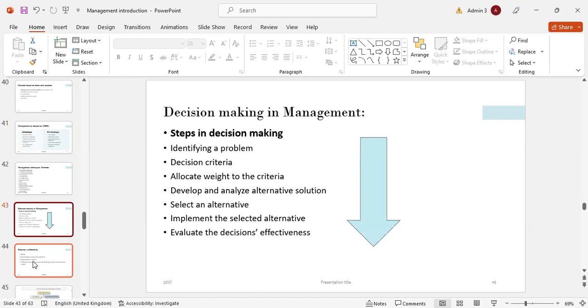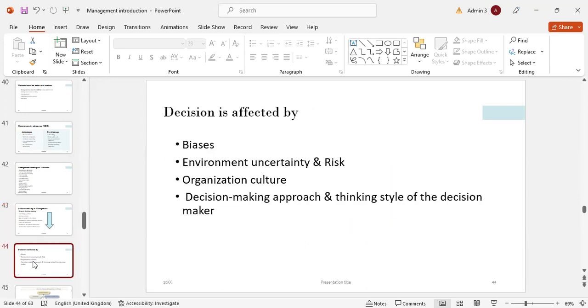decision making. Decision making in the management steps in decision making: identifying a problem, then the decision criteria, then allocate weight to the criteria, then develop and analyze alternative solution, then to select an alternative, then implement the selected alternative, and then evaluate the decision's effectiveness. Decision is affected by biases, environment, uncertainty and risk, organization culture, decision-making approach, thinking style of